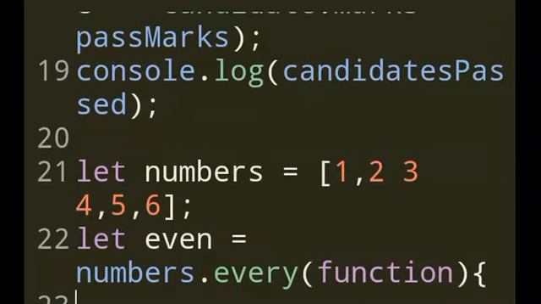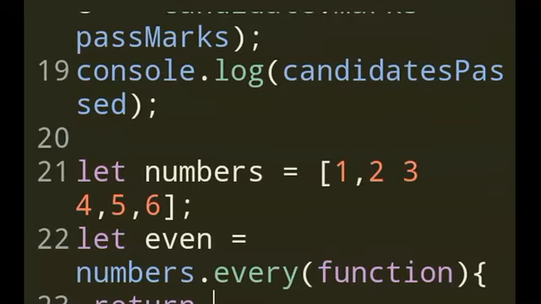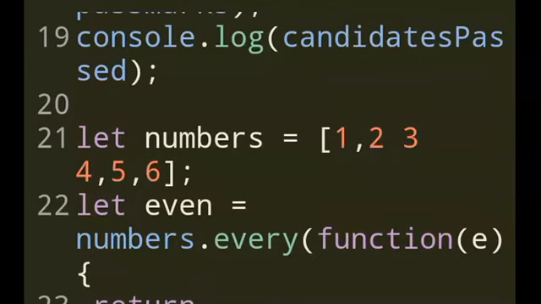What I want to return, sorry, I forgot to write the parameter e, because e stands for elements. This should come here. I'm so sorry. Okay,